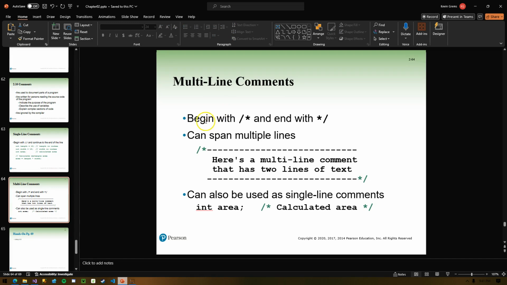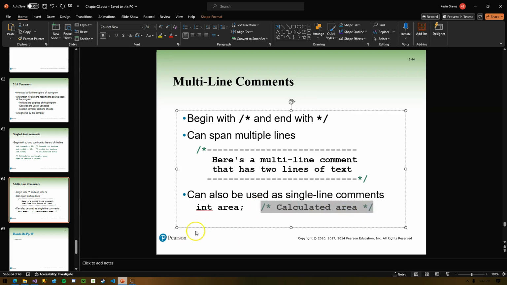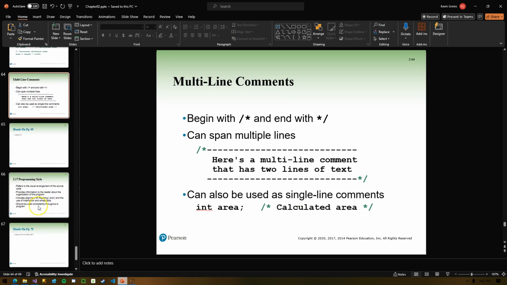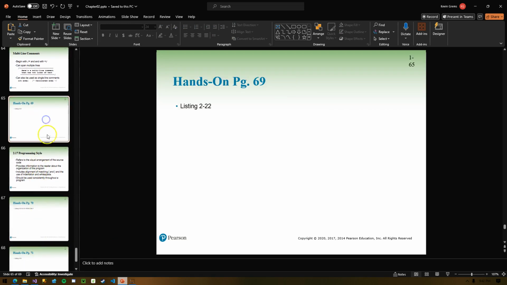Here's a multi-line comment. /* ends with */ and can span multiple lines. So whatever is between the opening and closing will be treated by the compiler as a comment. You can also do this as a single line comment, though I'm not sure why you would. Let's see, page 69.